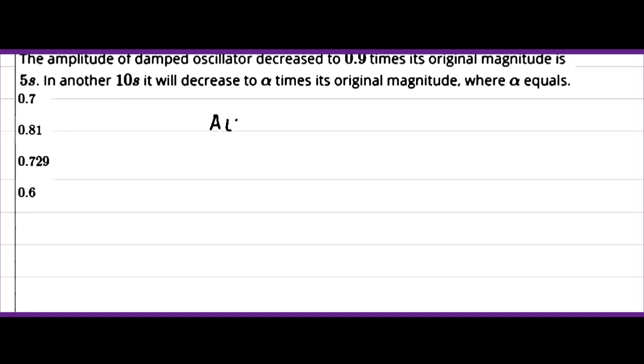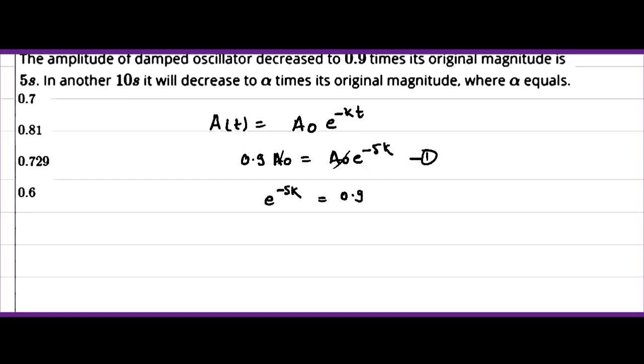A at the time t is equal to A₀ e^(-kt)। तो पहले 5 सेकंड में 0.9 टाइम्स हो रहा है, तो 0.9 times A₀ is equal to A₀ e^(-5k)। ठीक है, इसको इक्वेशन नंबर 1 बोल दिया मैंने। तो देखिए यहाँ से A₀ से A₀ कैंसिल, तो e^(-5k) की वैल्यू 0.9 आ गई। अब बोला गया नेक्स्ट 10 सेकंड में, यानी 5 के बाद